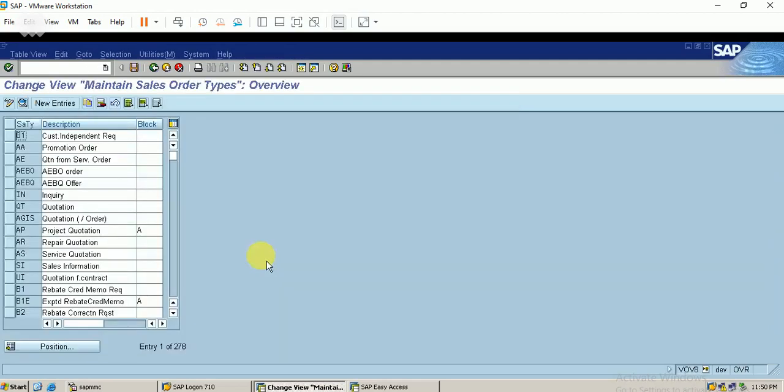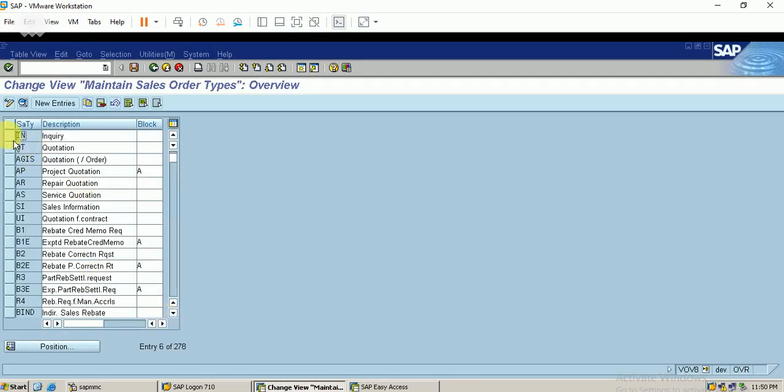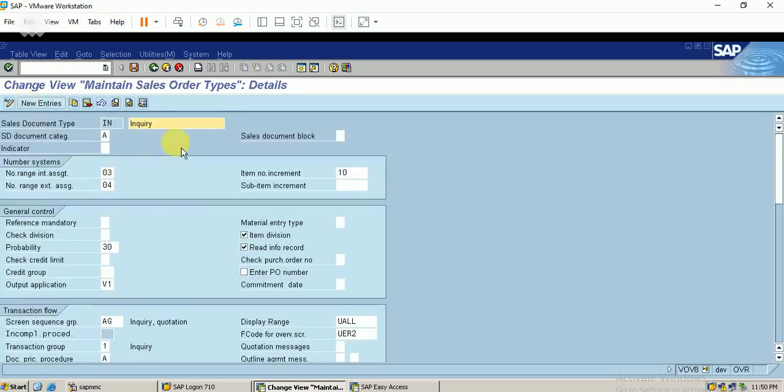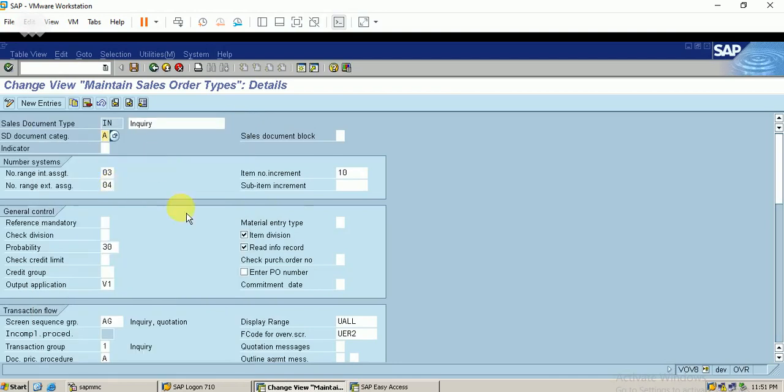We will use the same document type here, that is the standard one, IN, for inquiry. I just display what is in the inquiry document type. The document category relevant to inquiry is A, which represents inquiry, and this is the number range assignment.